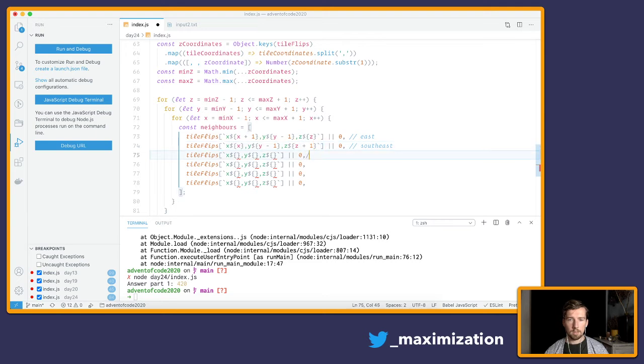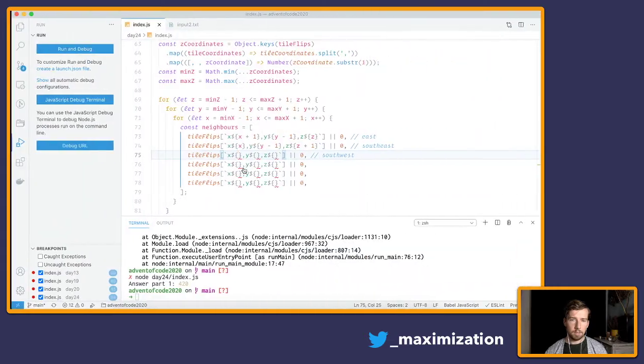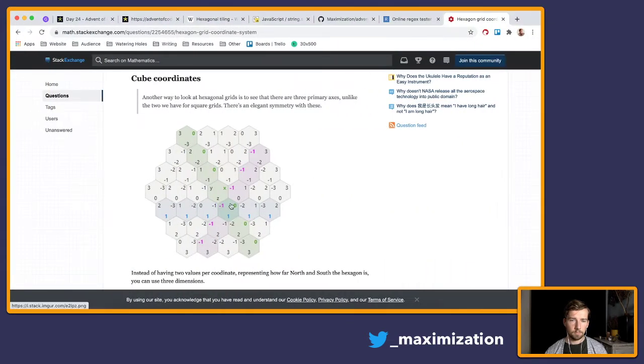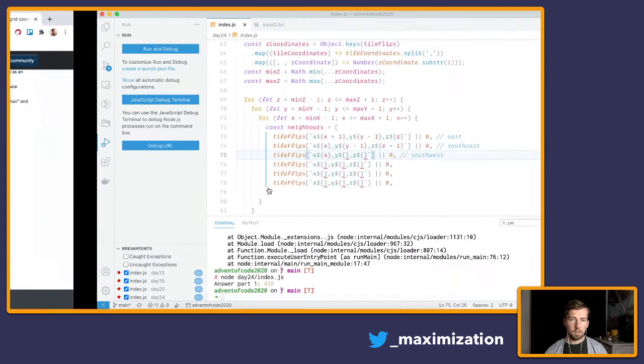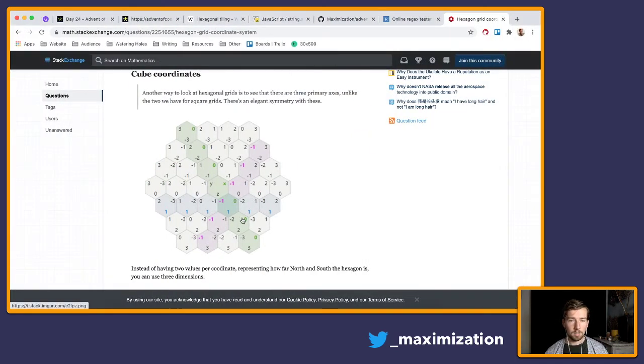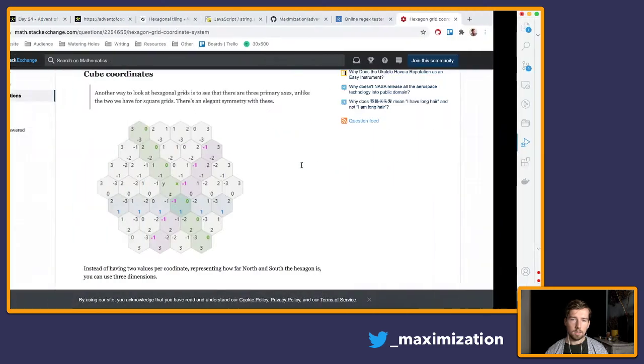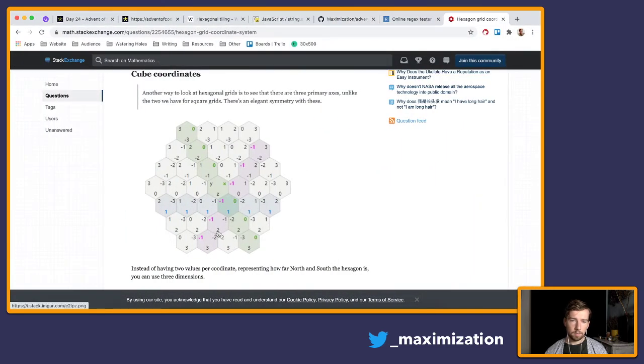So that's southeast. This one is going to be southwest. So southwest, we are X the same. Oh no, this is X. So X is minus 1. I need to make sure I don't make any mistakes here, because it's easy to make a mistake and it's going to lead to a completely wrong answer. Y is the same, and Z is plus 1,